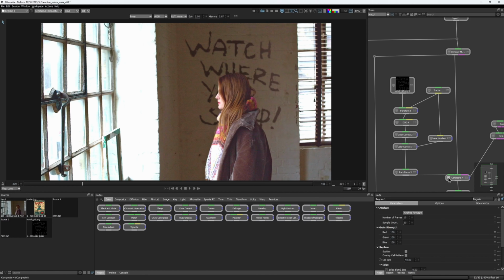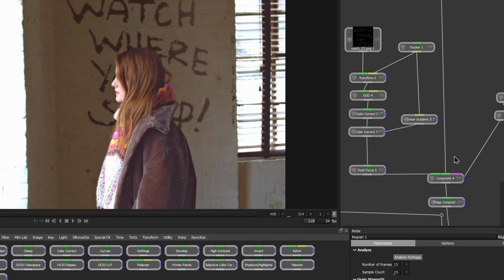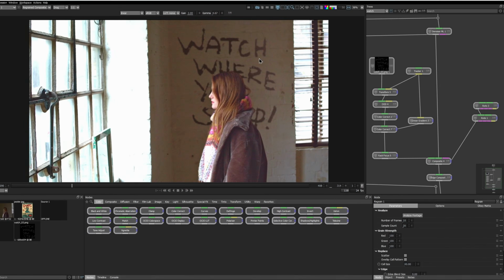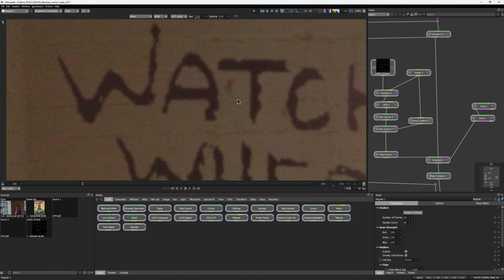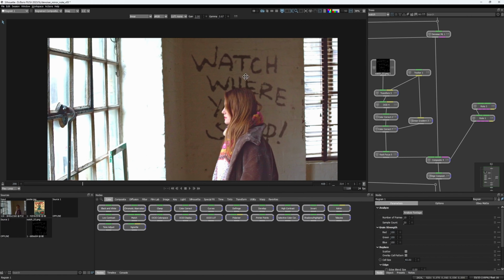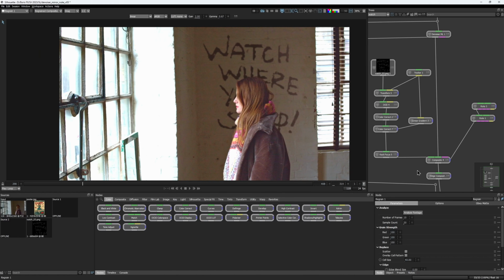That looks nice. Now, you might be wondering, but what if instead of composite, we would use math composite with any of the blending modes? Won't the noise be visible as it is then? Well, in some cases that would work, but I used a regular composite node here for a specific reason.